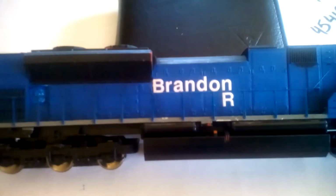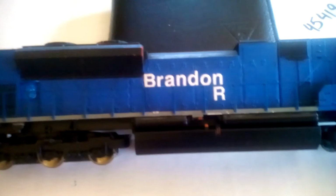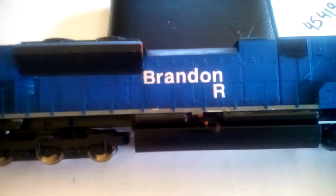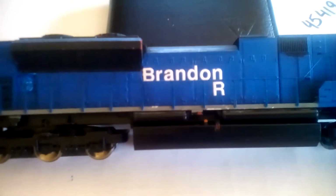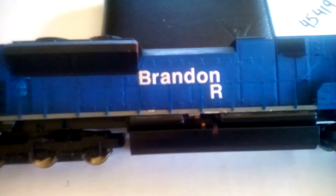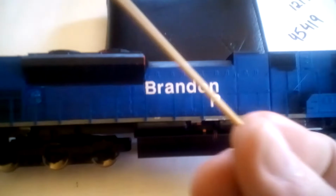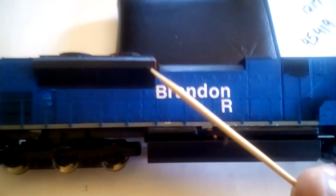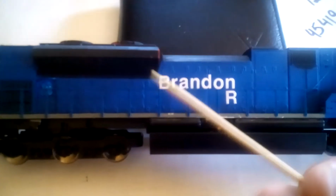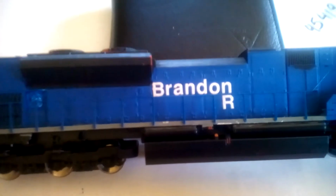Okay, as you can see, I've put the capital R on for railway. I'm going to try to do this while recording with one hand and doing the lettering with my other hand. That way you can get a sense of how exactly I do this. I just use simply a sharp toothpick to get the letters off of the pages, and then